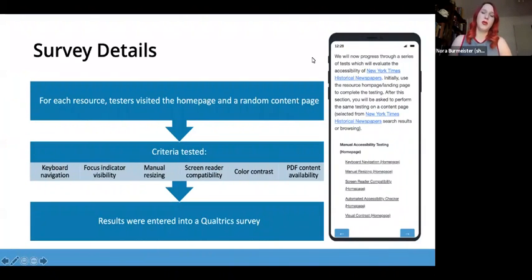So when people accessed the surveys, they selected a resource that they wanted to evaluate, and then they visited both the homepage of that resource and a content page that they discovered through either browsing or searching. Each of these pages was tested for these 6 criteria: keyboard navigation, or the ability to navigate through the website using only your keyboard; focus indicator visibility, or the ability to see what you have selected on the screen;